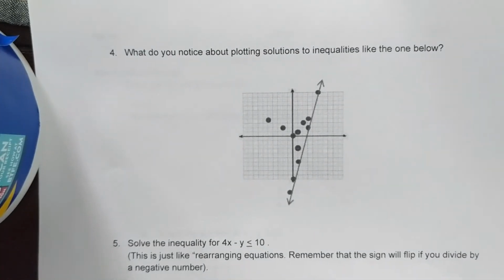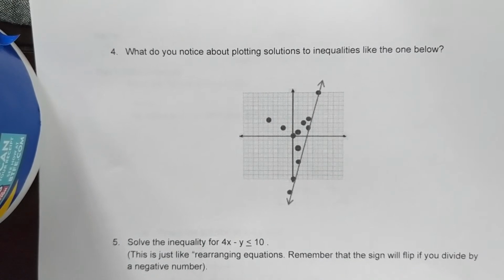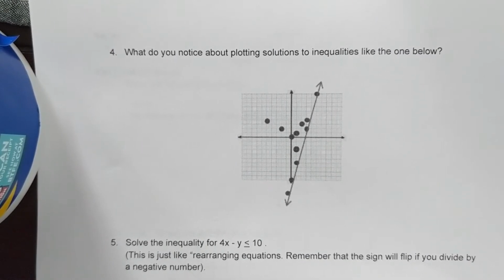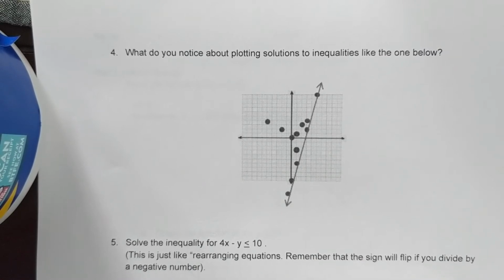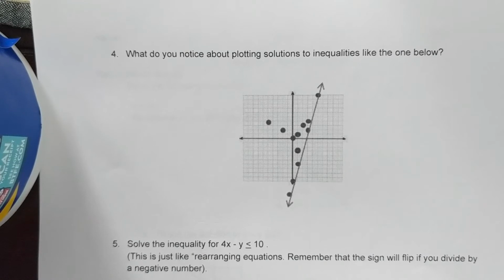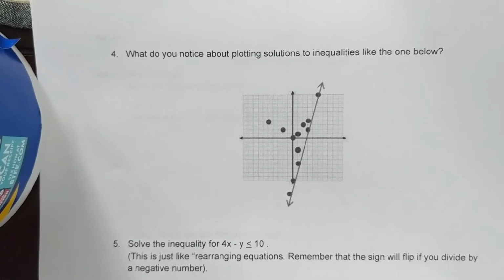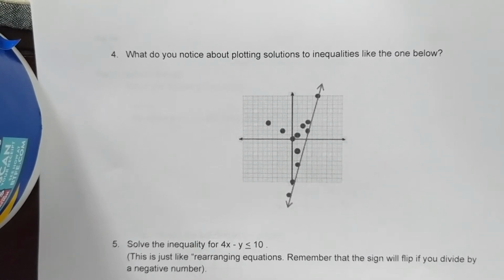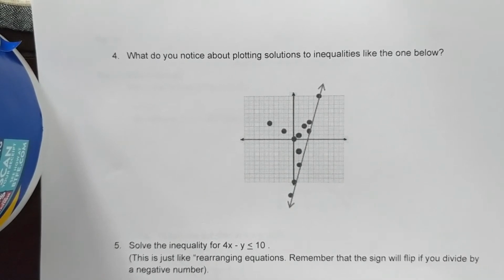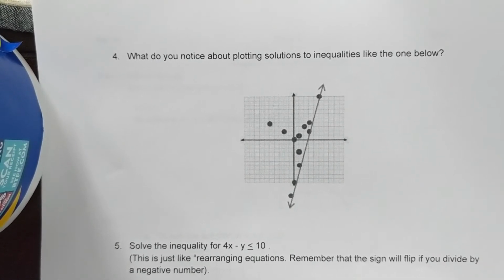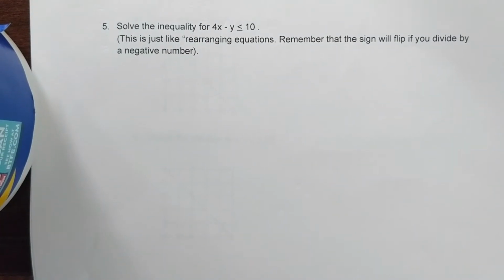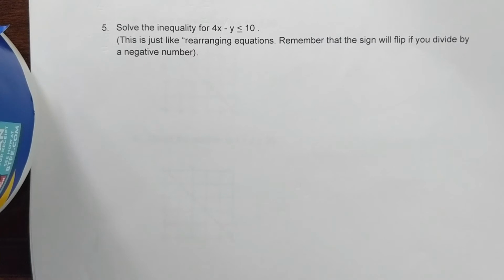Then if you look at 4, I went ahead and drew the line in for the equation that it's asking for. And then if you look at all the dots, what do you notice about all of the dots in comparison to the line that represents the equation? Your job is to go ahead and answer that for number 4. What do you notice about plotting solutions to inequalities like the one below? And then finally number 5. Solve the inequality